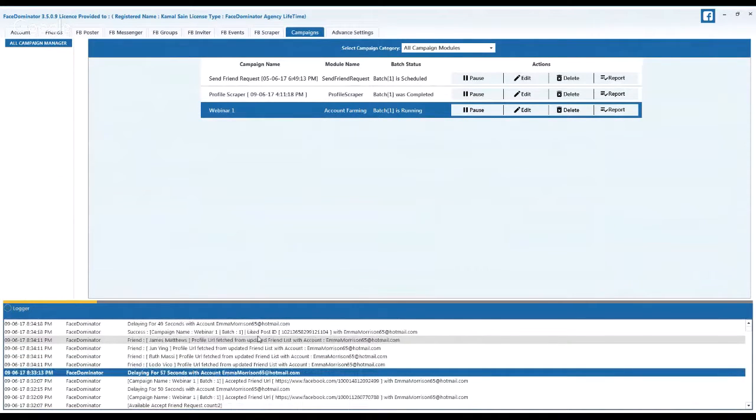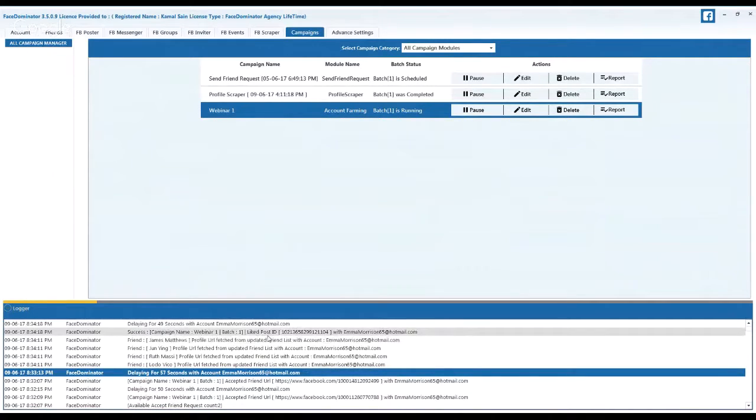Now the software has started picking the friends from your list and their posts, and liking their posts automatically. We can see the like on a friend's wall, and if you go to our account and check the activity log, you can find that the profile has liked the post of your friend.